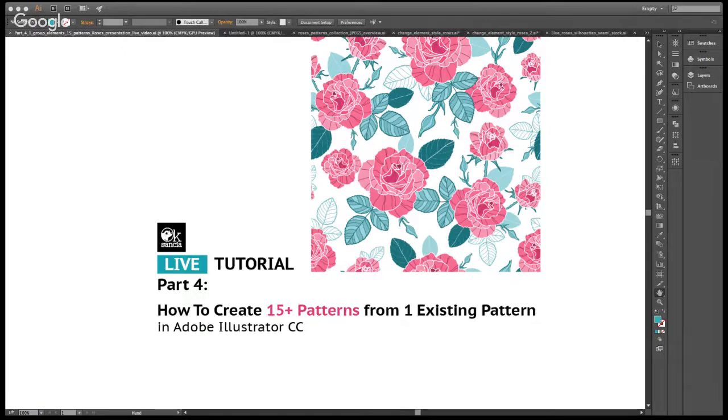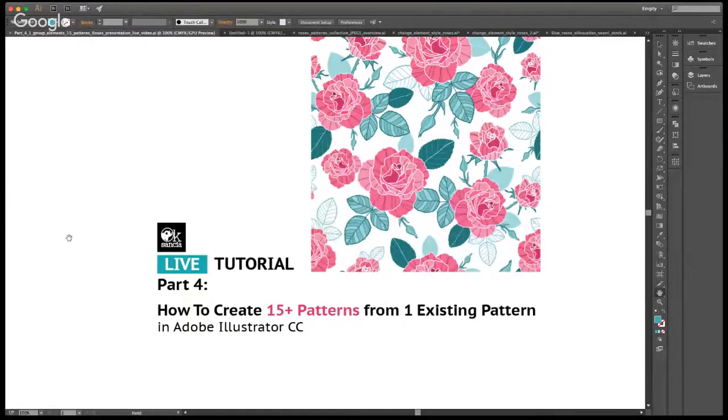Another thing it helped me to do is to learn how to make repeat patterns, to practice and create vector repeat pattern designs in a fast manner, and not get stuck on one particular pattern for weeks and weeks, which, believe me, happened to me in the beginning too. But I am going to share today